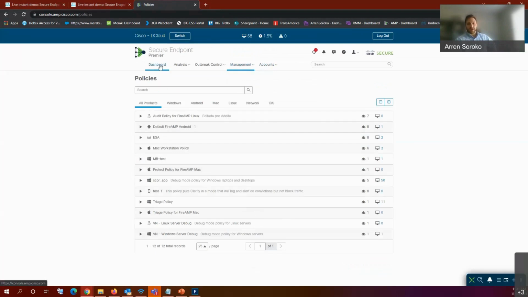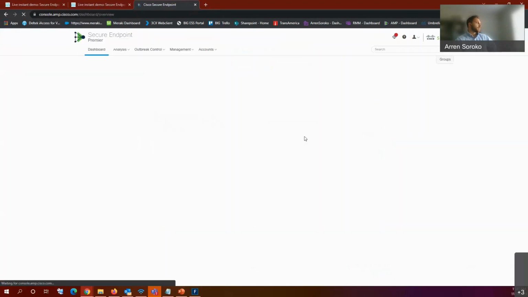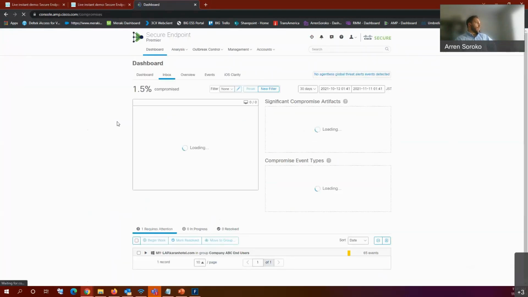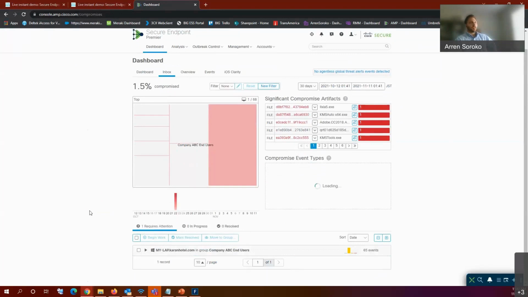So now we can get into that scenario that I was talking about. We'll go back to the dashboard here. We're going to go to inbox. In this inbox, pretty much anytime AMP detects something on a machine, it's going to typically send you an email with some basic information about the file that it found and what machine it is. But it also will add the event here under your inbox, right? And it'll always come up first as requires attention. That's just telling you, hey, I need to do something about